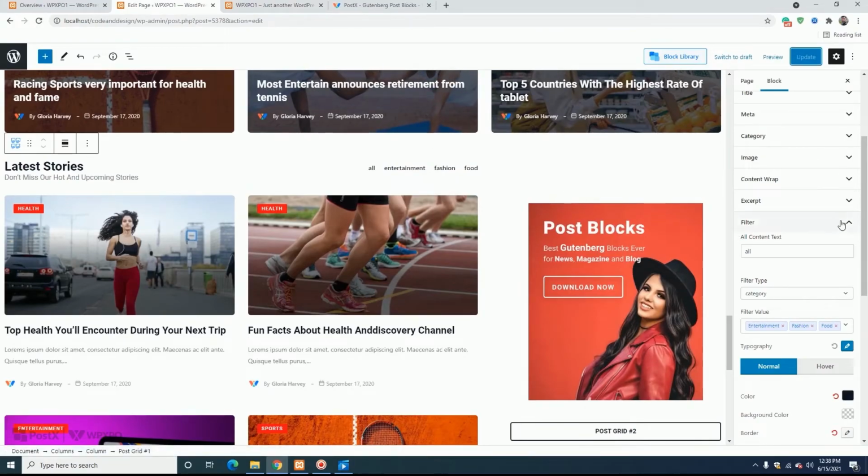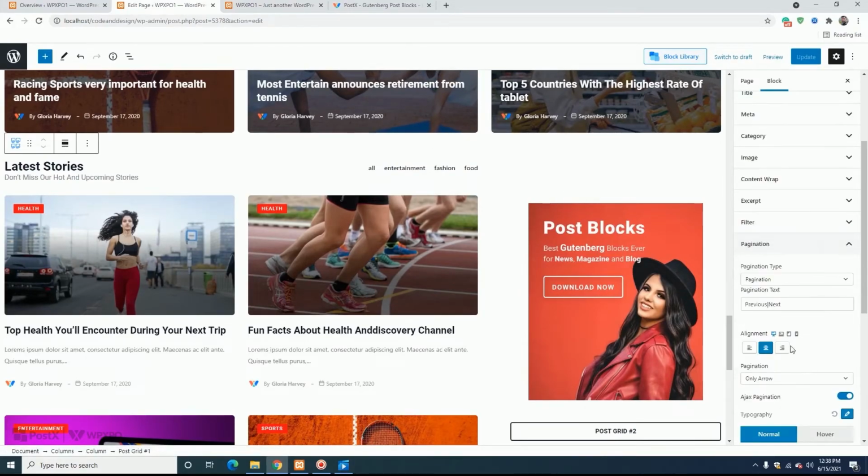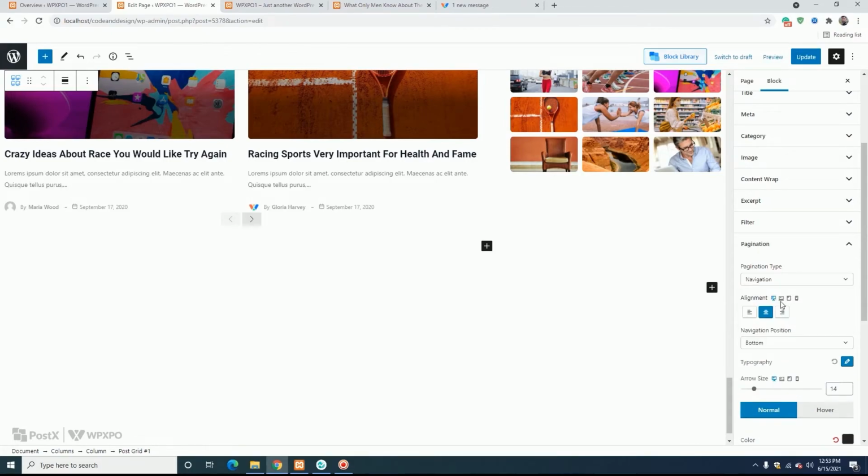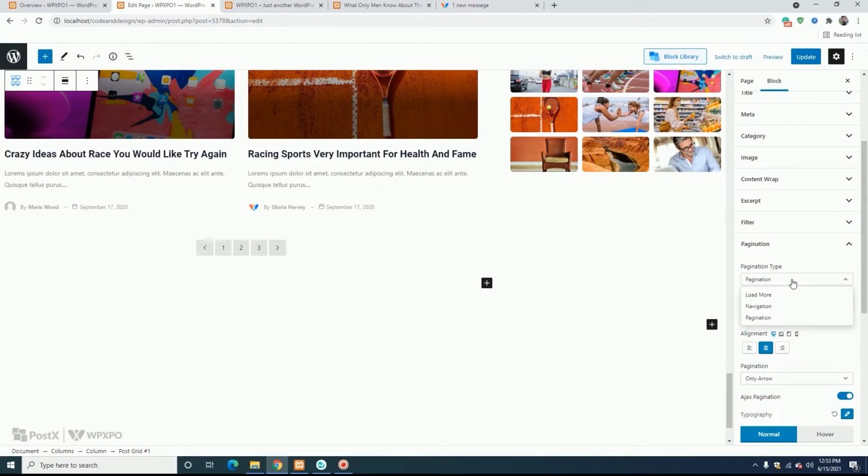Now I will show you the pagination option. You can choose from three paginations, which are load more, navigation, and numeric pagination. Let me show you an example of load more.